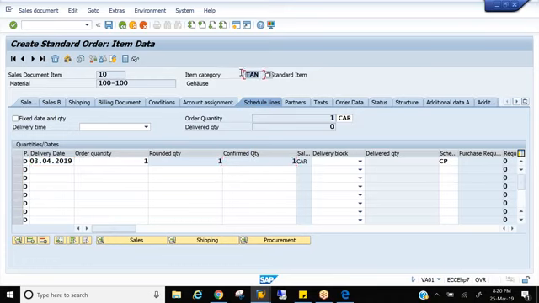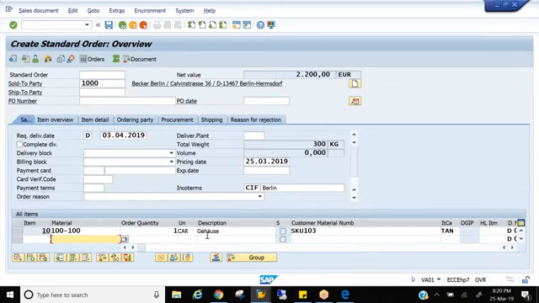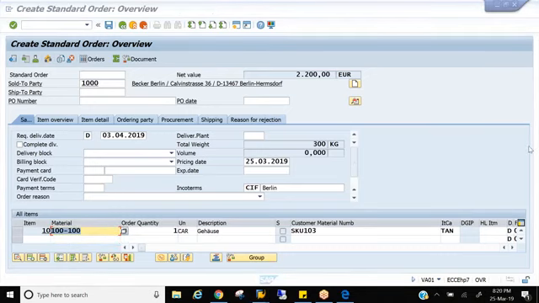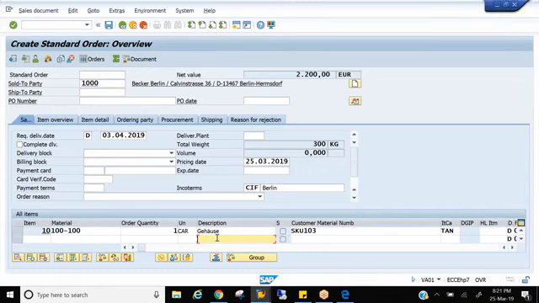And this is item category TAN, which you sell to the customer. Along with this, you should also give a user manual. Let's say that 100 is a laptop. Along with this, you need to give a user manual. How do you enter the user manual? For user manual, you don't need to maintain a material master. You don't have a material master for that. You just directly enter it in the description here. So just enter user manual, quantity 1, that's it.